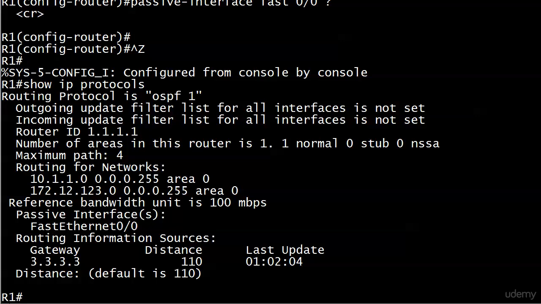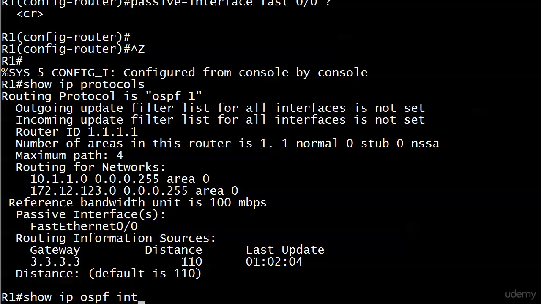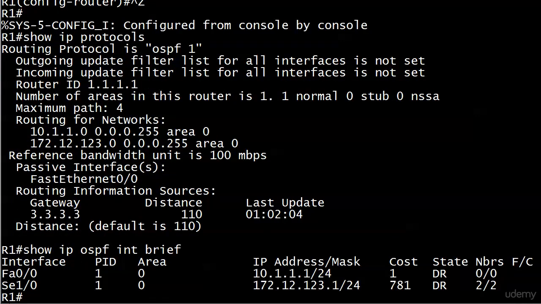But right now what we're mostly concerned with, or totally concerned with, is this piece of information right here, passive interfaces, FastEthernet 0/0. So we know that it is running. Always a good idea though to know how to see that information more than once, so I'm running show ip ospf interface brief here, and while nothing here specifically says, hey, FastEthernet 0/0 is passive, there's one hint here